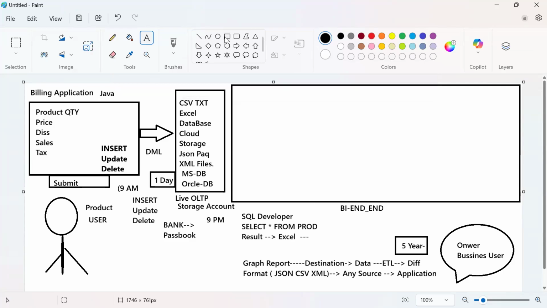So the first job of the BI developer is to manage the work smoothly. You're not going to do the coding part here. You are using the already existing, already developed tool to develop for the project, and on top of that you develop the client or company requirement. My company requirement is not to wait for this data. I want historical data, 5 years of data, with the help of whatever format is there.